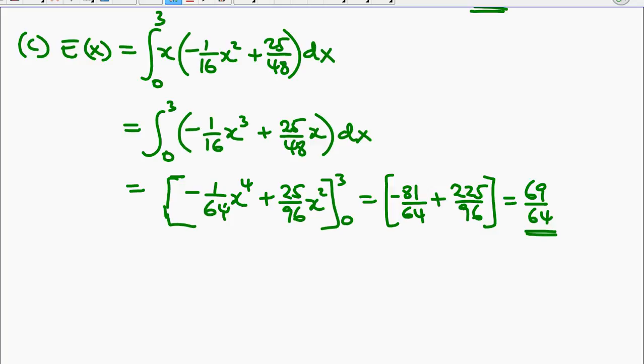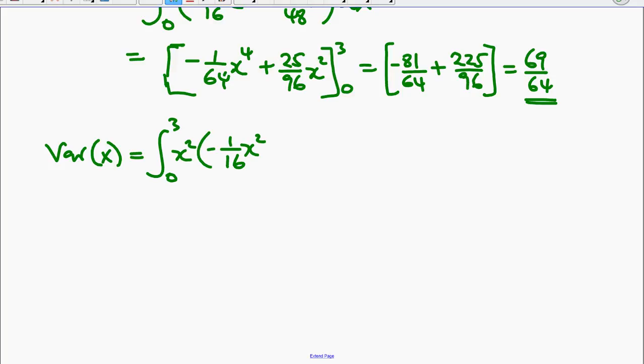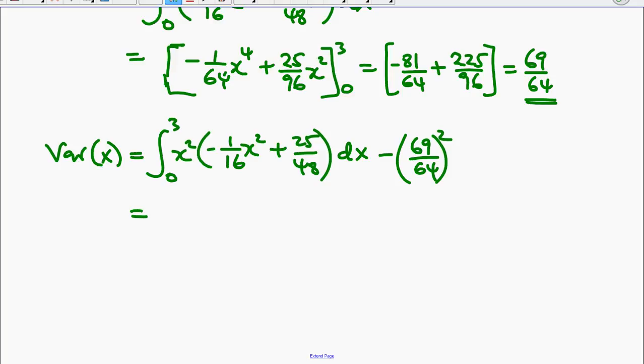All right, now let's move to the variance. The variance of x will be equal to the integral from 0 to 3 of x squared multiplied by the PDF, which is 1 over 16 x squared plus 25 over 48, minus 69 over 64 squared, which will give us